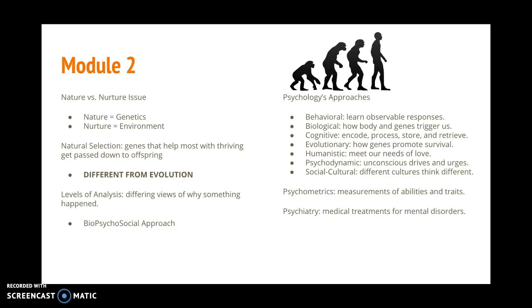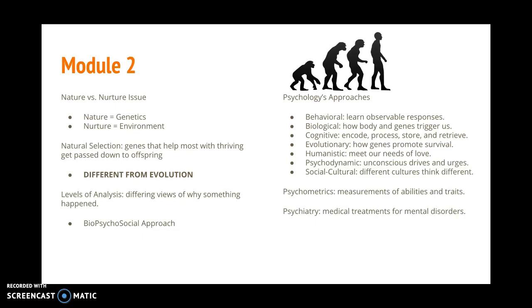In the modern world, there are 7 well-accepted psychological approaches. The first being behavioral, which is to learn from observable responses. Biological is how our bodies and genes trigger us. Cognitive deals with how we encode, process, store, and retrieve information. Evolutionary deals with how our genes promote survival. Pretty well intertwined with biological, but remember that they are still different. Humanistic deals with how we meet our needs for love, self-fulfillment, and self-achievement. Psychodynamic, which we've talked about earlier, dealt with the unconscious drives and urges that humans experience. Now, the sociocultural is where different cultures think differently. Someone that's American would see a situation differently than someone from, let's say, China, who is known as a collectivist